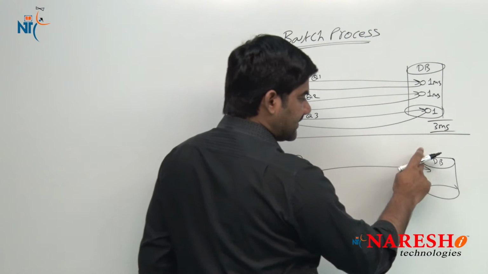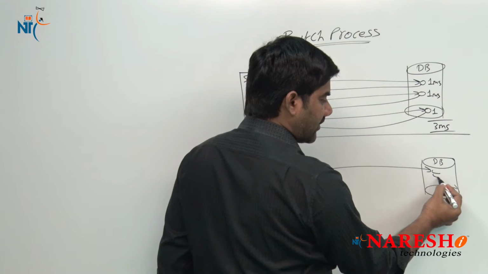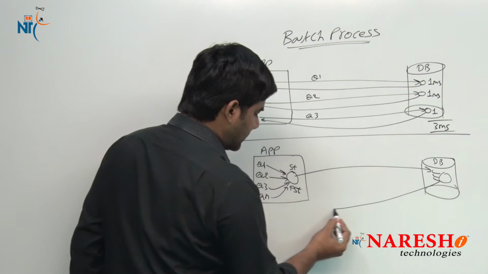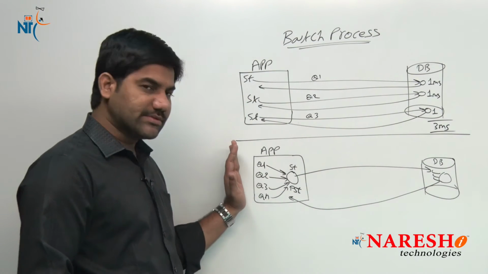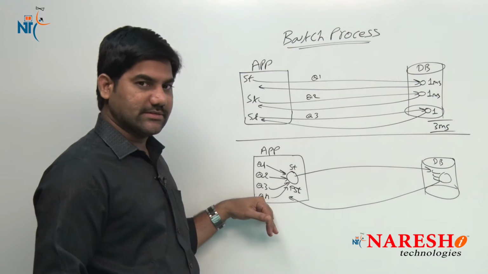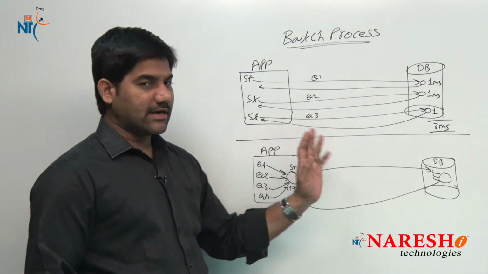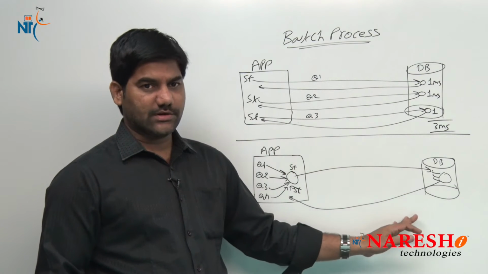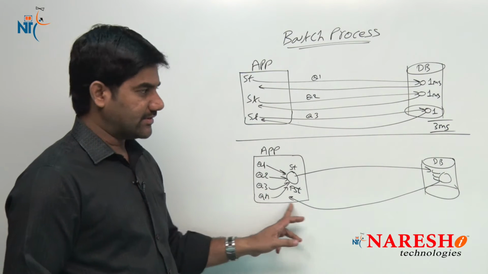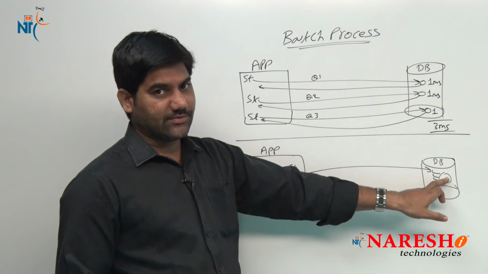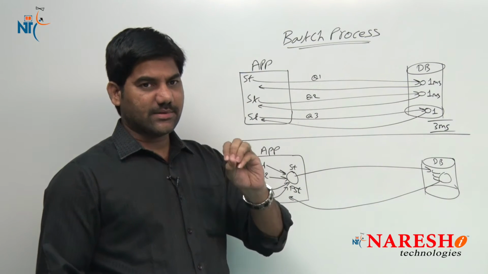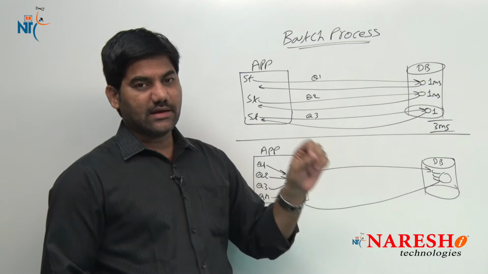Now the database is receiving all those queries, processing them one by one with all the results. Again we come back to the application. However many queries you sent to the database, with that number of results we come back to the application. And the database is giving all the results individually only. We don't have that problem. So 4 queries or 3 queries, 3 queries running in the database individually, 3 results generated. All the 3 results the database returns to your front end application in the form of a